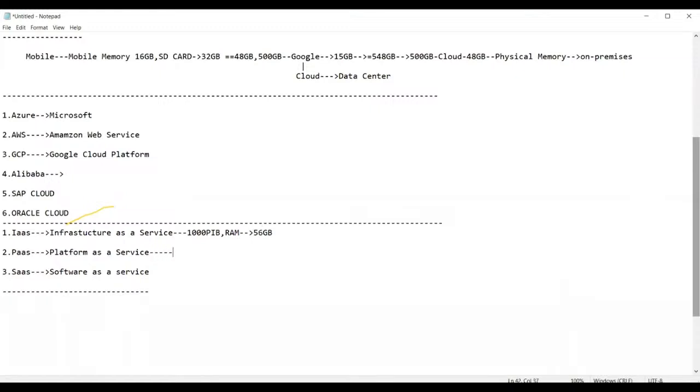Next, platform as a service. Suppose, guys, suppose. What is a platform? A platform is generally a type of operating system. Now guys, we are using Android as an operating system, and Apple is using some other operating system.